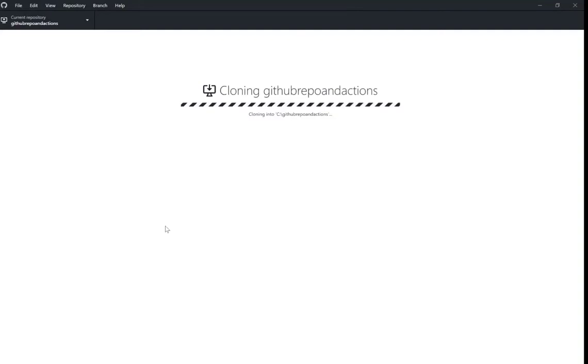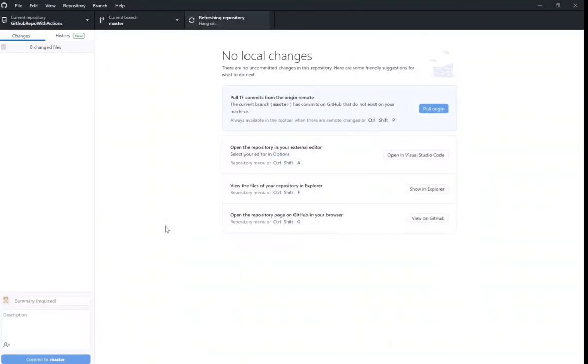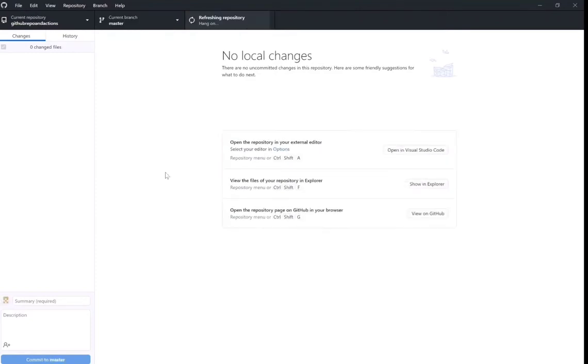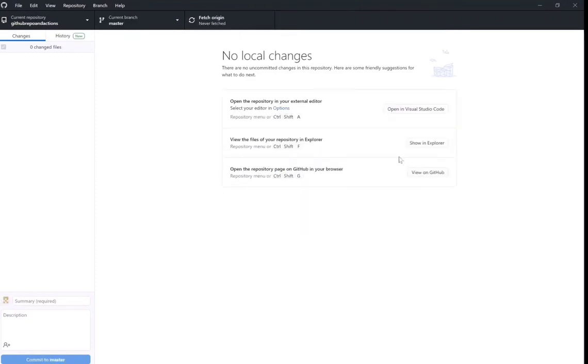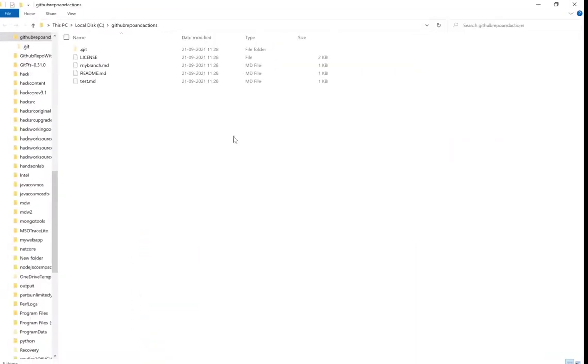So I can just click on clone. If you now check your own explorer, click on show in explorer, you will see exactly the same files available locally on your machine. First of all, it tries to initialize that Git version on our machine, and then it puts my branch.md readme.